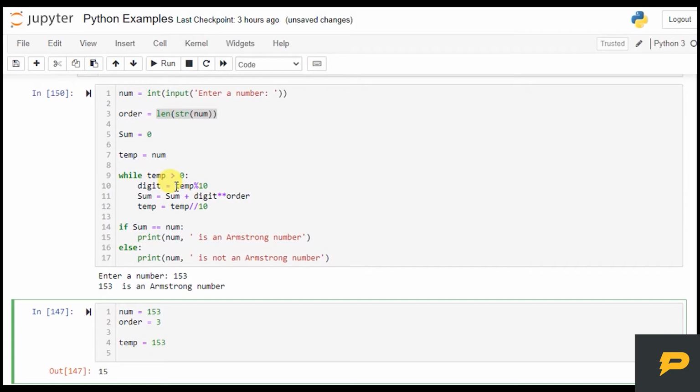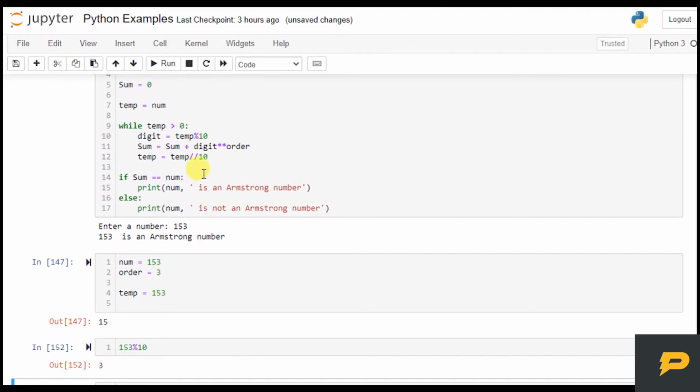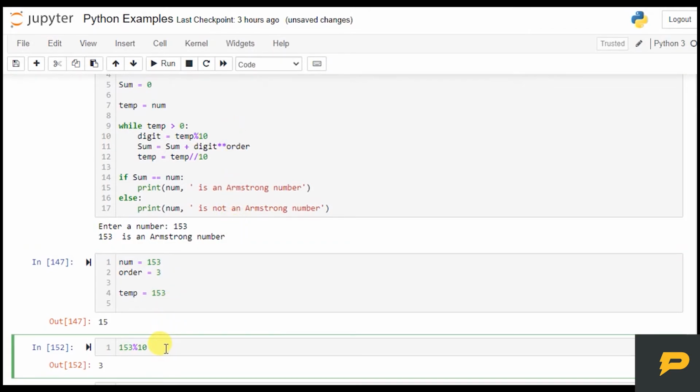Now digit will be temp remainder by 10. Temp has 153, and remainder by 10 gives 3. So digit will have the value 3. Now sum has already 0, so 0 plus 3 power order, which is 3 power 3, which is 27.